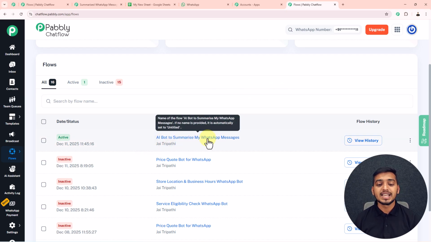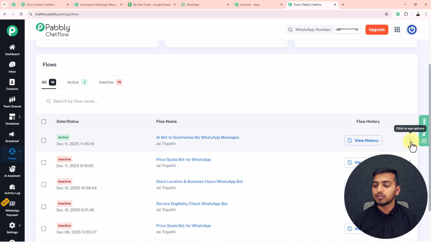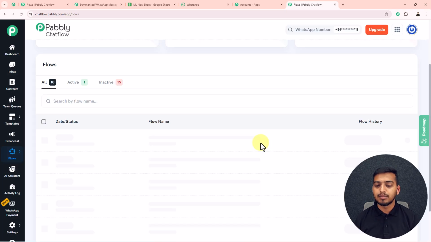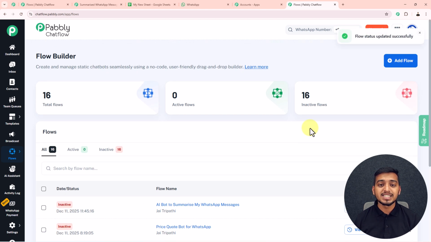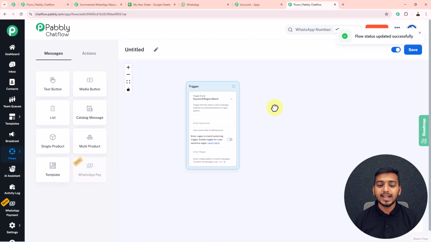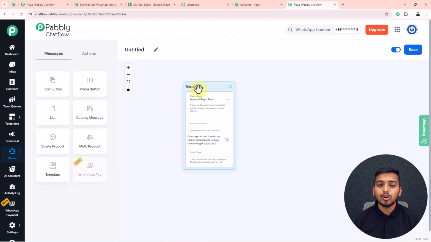This is the exact same WhatsApp chatbot that I showed you in the beginning of this video. First of all, I will deactivate this WhatsApp chatbot from here, because I will create this exact same WhatsApp chatbot with you guys. Now to start creating a new WhatsApp chatbot, we have to click on this add flows button. Then you can see we have been directed to this page where this trigger button is visible to us. So we will work on this trigger button, but before that